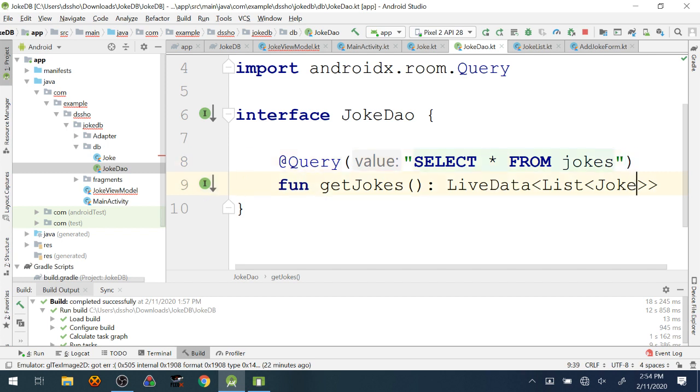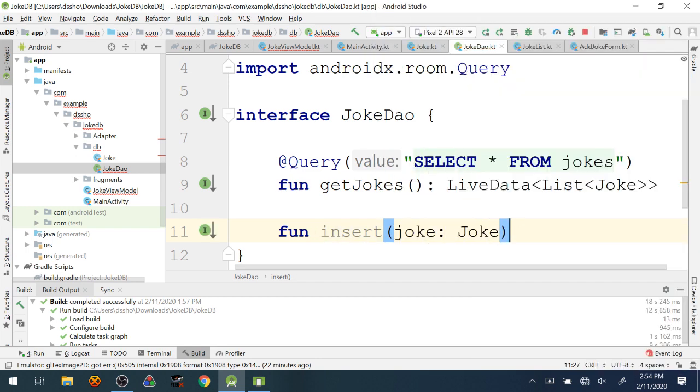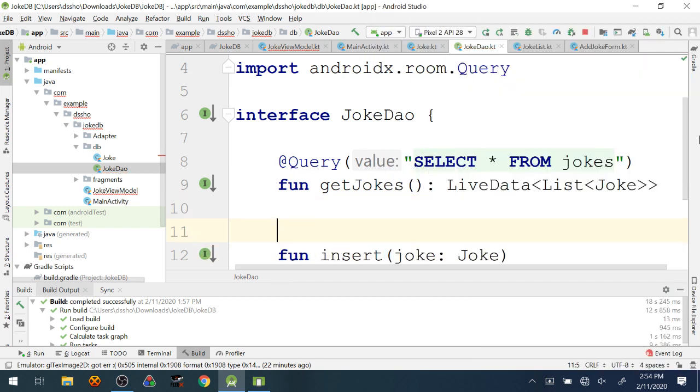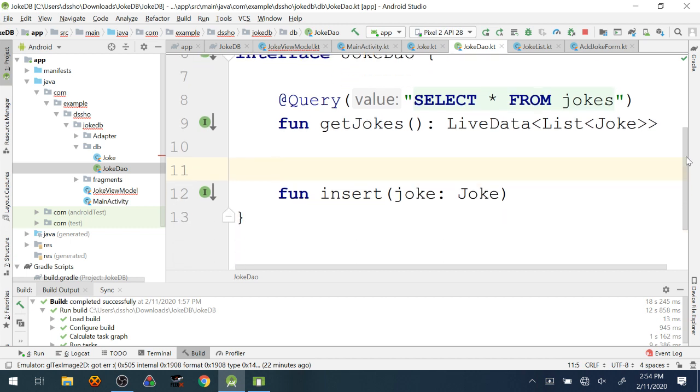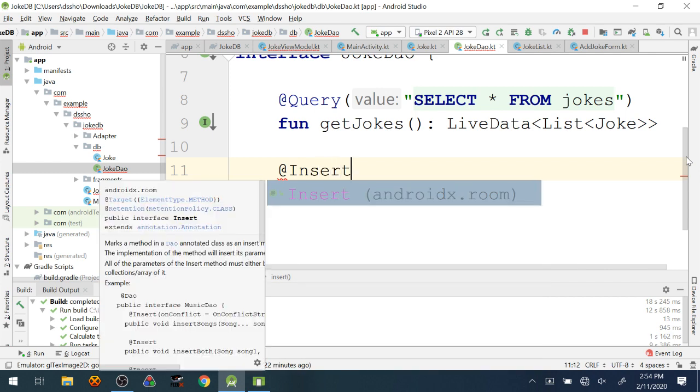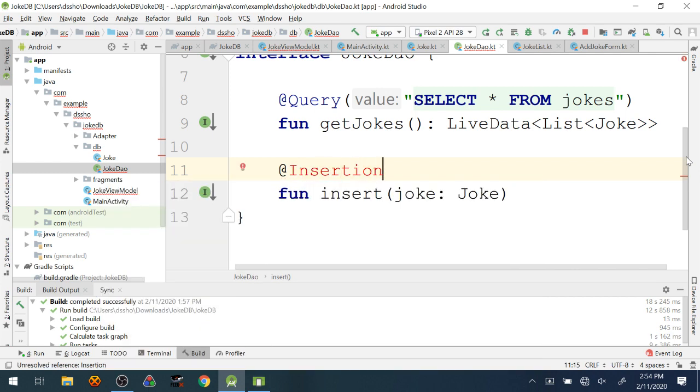And so this gets us data out, but we still have a couple of other things that would be useful to us, such as how to put data in. How do I add more stuff to the database? So I'm going to make another function. This one's going to be even more simple than the last. I'm going to make a function for inserting. And I'm just going to go ahead and annotate this with an insert annotation. Oh, I'm sorry, it's just insert. My fault.